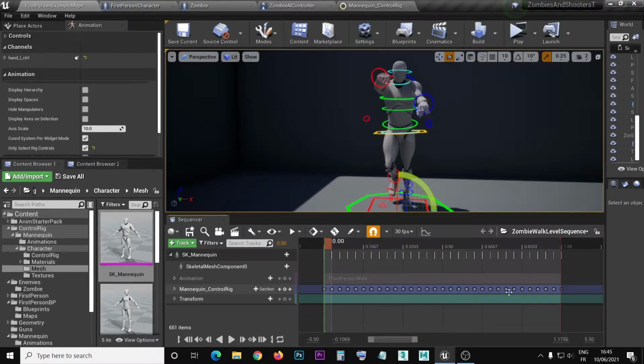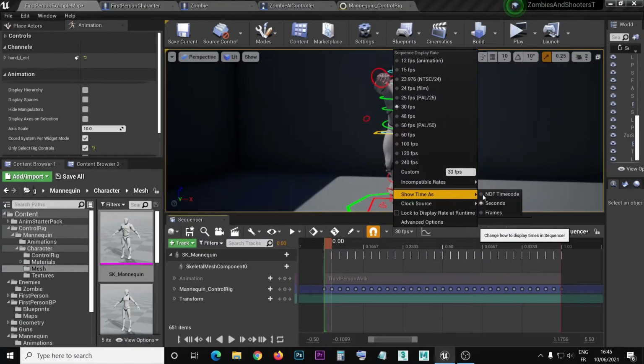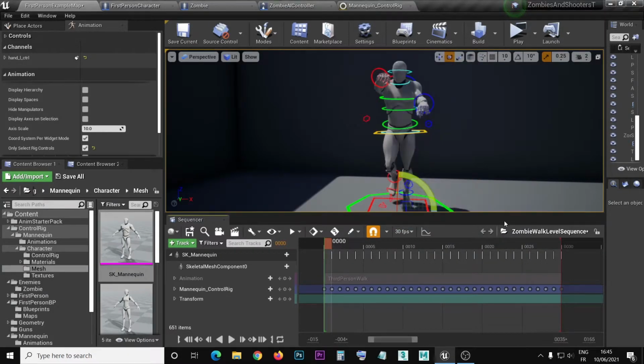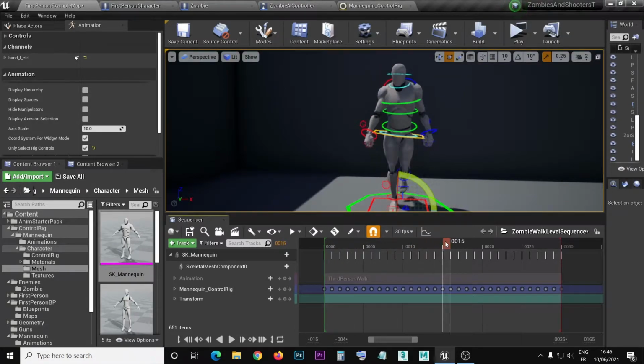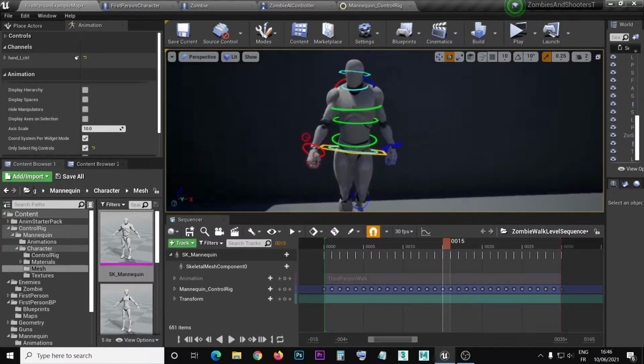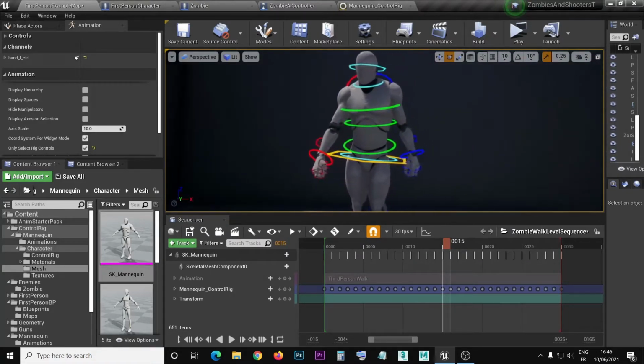All of these are keyframes created when we bake the controller rig to the animation, for the controller rig to follow the animation. Then we're gonna move here, for the time it should be shown as frames. We're gonna move to the frame number 16. 15 will do it also. So here we're gonna modify the situation,